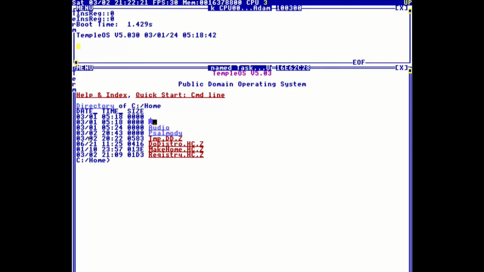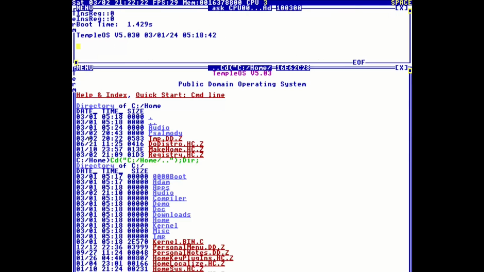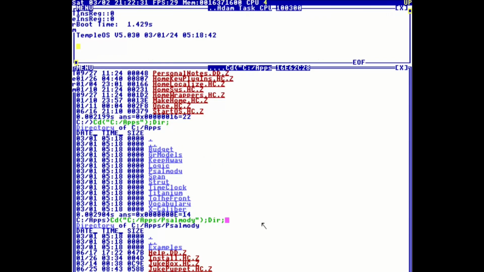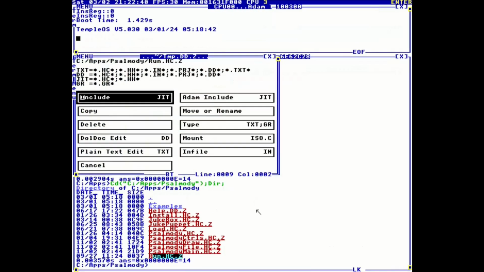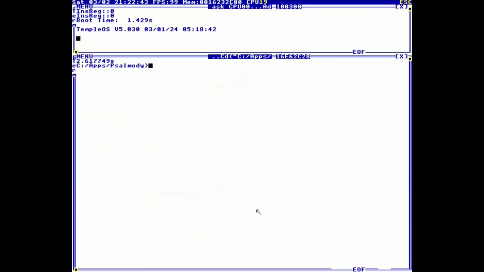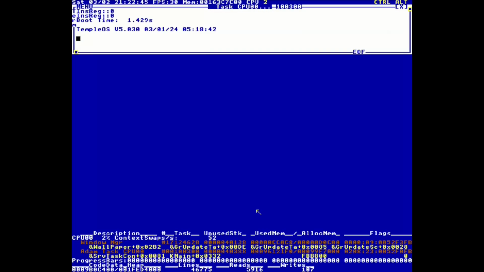But then you would click here, go to Apps, Psalmody, and then this is like a really basic DAW. So right here, just go to the Run HC and click Enter on it, and then click Space on Include JIT. I think another way that you can do that is,